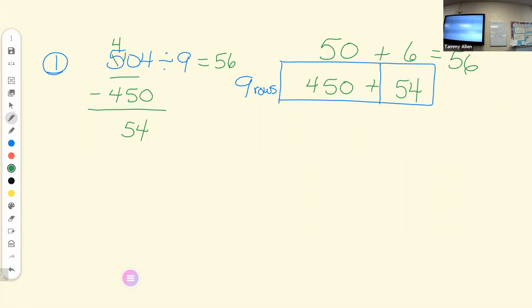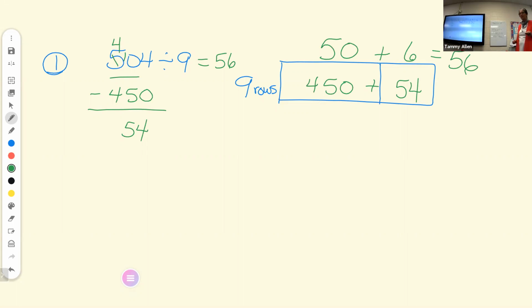So we ramped it up just a little, right? The steps are the same, but we just have to think a little differently. It's just not as easy to see our multiples right away. This makes sense? Okay. Our next one is